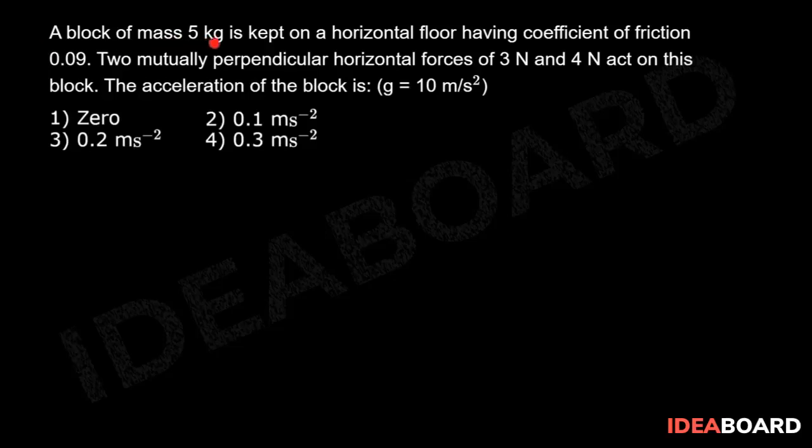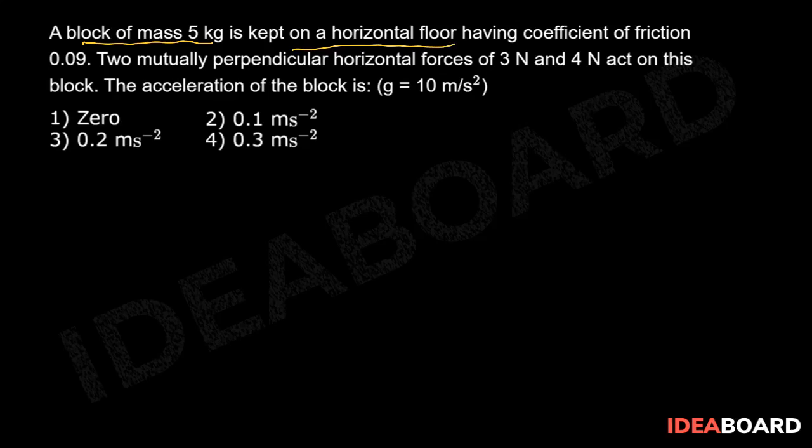A block of mass 5 kg is kept on a horizontal floor having coefficient of friction 0.09. Two mutually perpendicular horizontal forces of 3 Newton and 4 Newton act on this block. The acceleration of the block is, according to the problem,